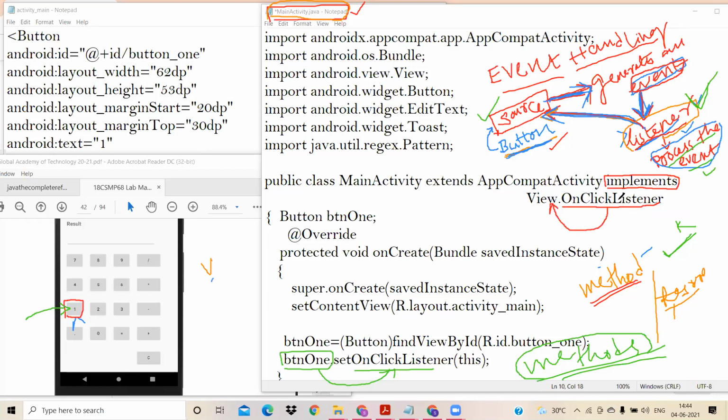View is the name of the class, and inside this class there is a listener. The name of the listener is OnClickListener. Why am I trying to implement this OnClickListener? I'm trying to implement it in order to process the events. In order for a listener to process the event, I need to implement this interface, that is